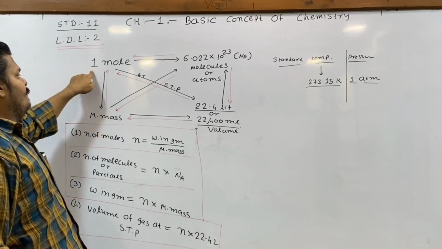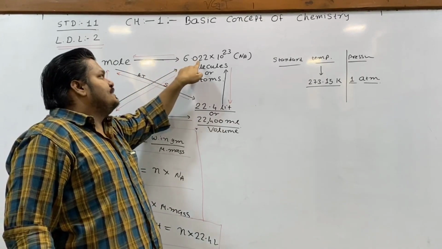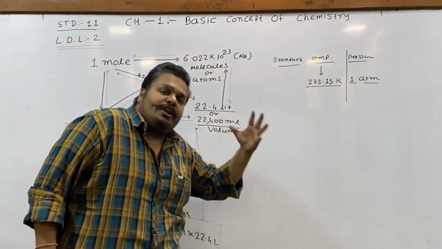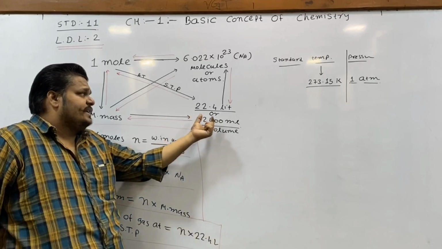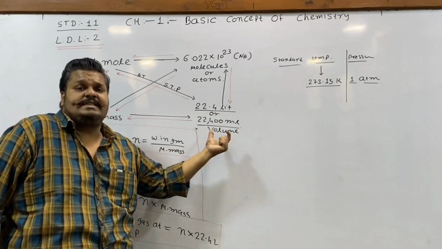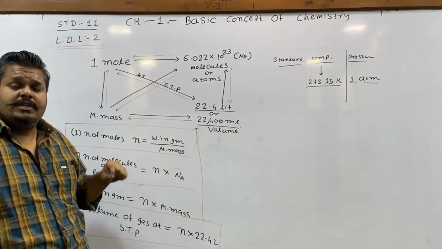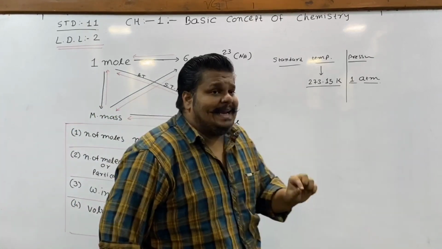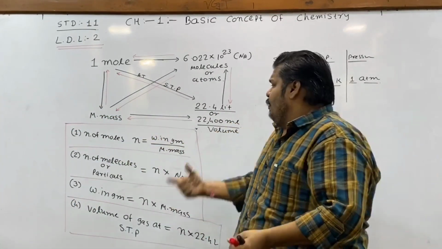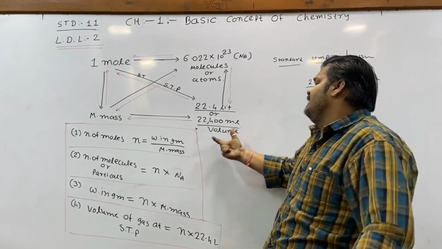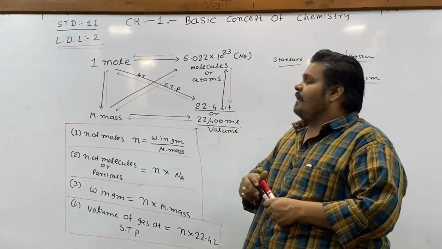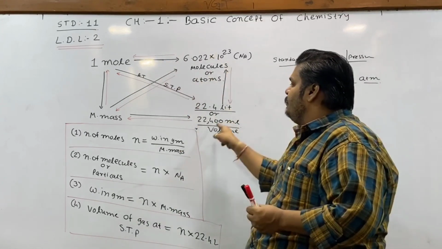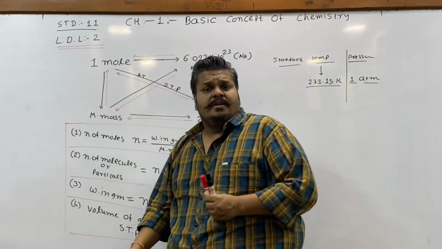It's a quadrilateral relation for mole concept, that 1 mole of a substance is equal to its molar mass. 1 mole of a substance contains 6.02 into 10 to 23 molecules, जो हमने लास्ट लेक्चर डिस्कस कर लिया है. आज हमने उसका चौथा डायमेंशन ऐड किया है 22.4 लीटर वॉल्यूम ऑक्यूपेंसी by 1 mole of a substance. That means if a 1 mole of a substance at STP is collected, it occupies 22.4 liter volume. So हमारा जो last triangular relation था, now it has been converted into the quadrilateral relation.